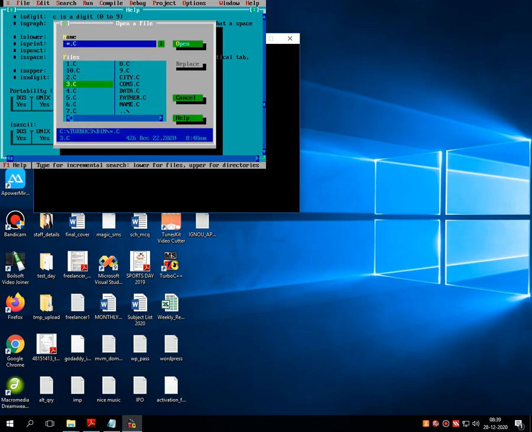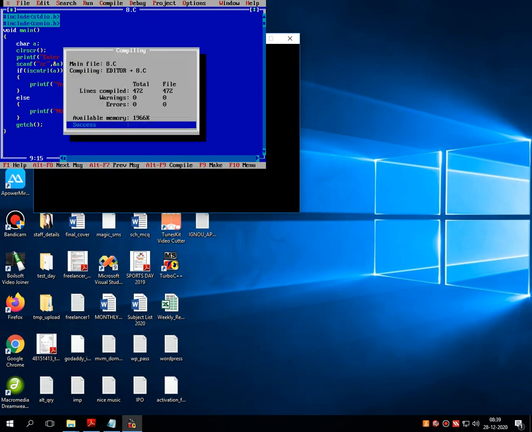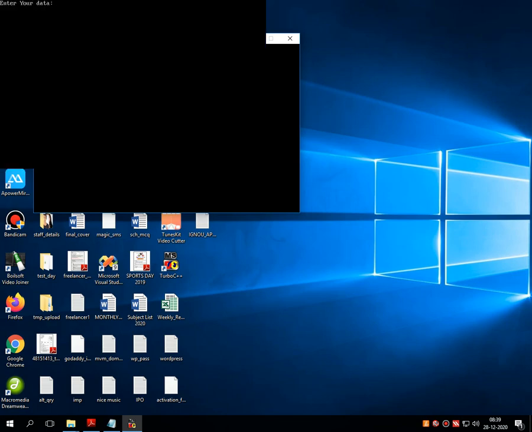Let me open it again. So this is the code. Here instead of isalpha, I am writing iscntrl. Let me save the code. Let's execute and enter the data.